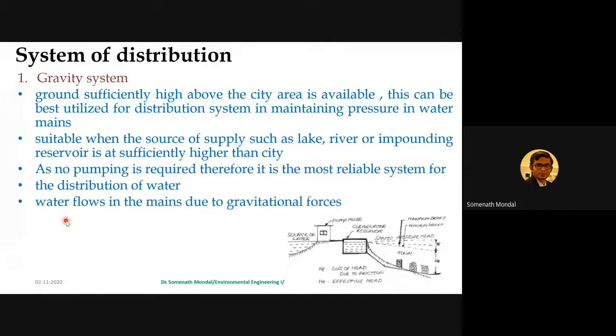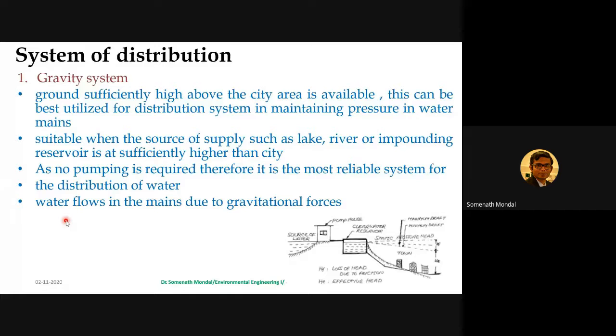Now, depending upon the level of source of water and that of the city, topography of that area, and other local conditions and considerations, the water may be forced into the distribution system in different ways. So the first one is the gravitational system. So we have actually shown here the gravitational system. Now in gravitational system, what happens is,